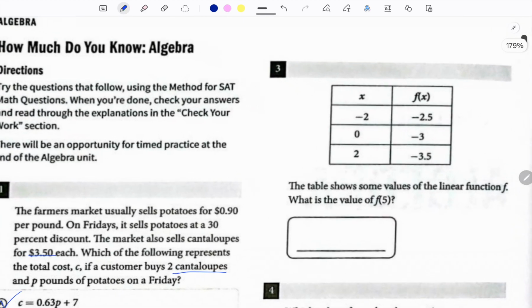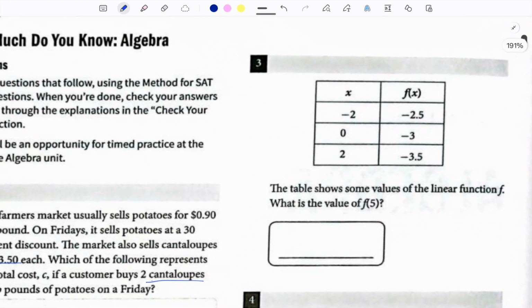The third question, this table shows some values of the linear function f. What's the value of f of 5? So to find the value of the f of 5, first let's try to write the equation of this linear function. And we know the equations of the linear functions is in the following form. F of x is equivalent to m times x plus b, and in this equation m shows the slope and